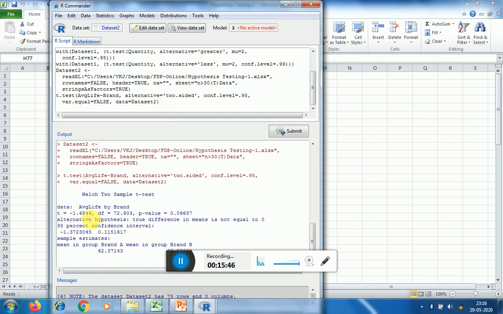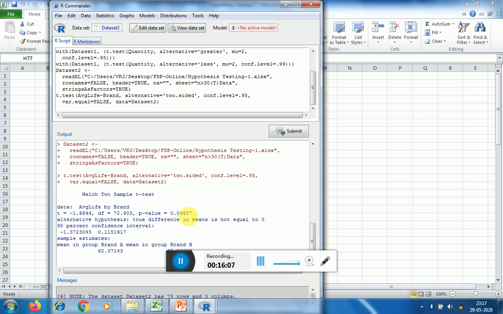Now here you can see the average life of brand. This is the data we have used. The t value is minus 1.6844, then the degrees of freedom, and then the p value. Here the p value is 0.09, and we are testing at 5% level of significance.